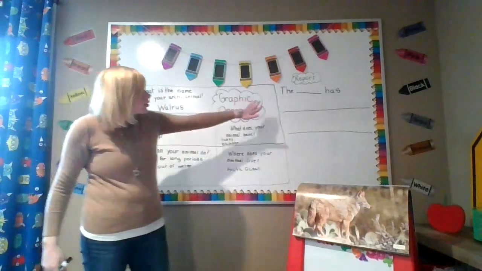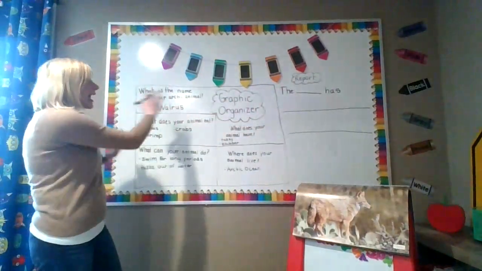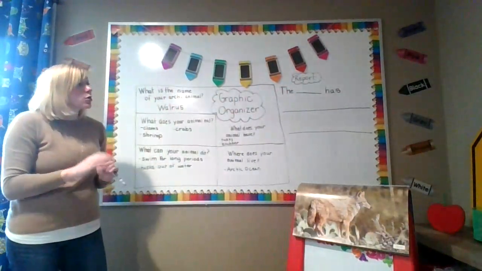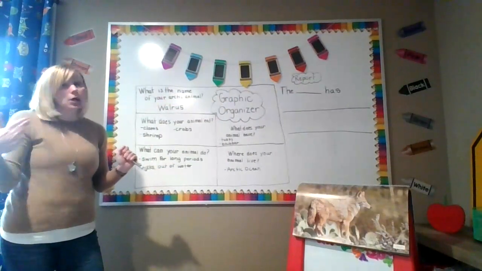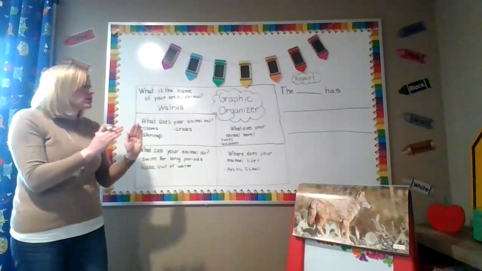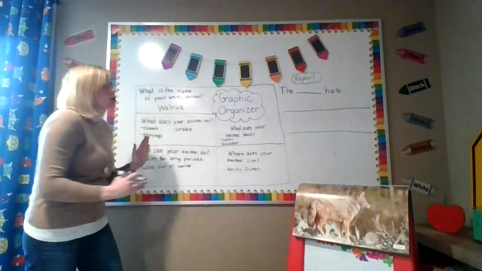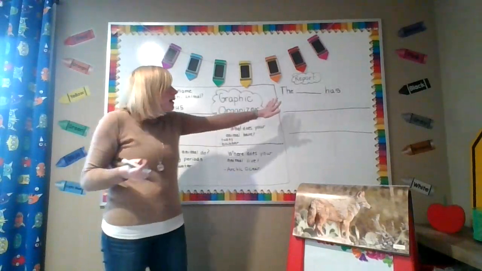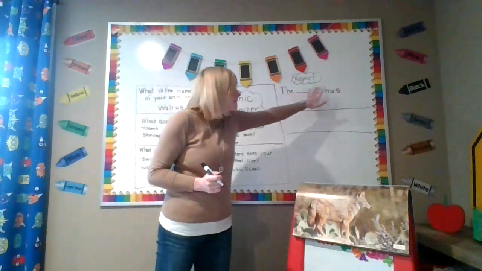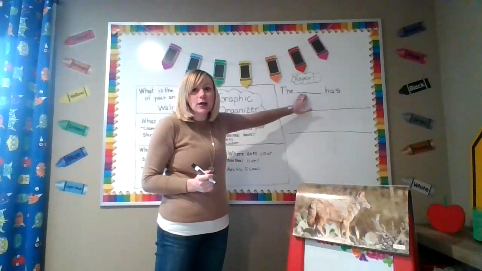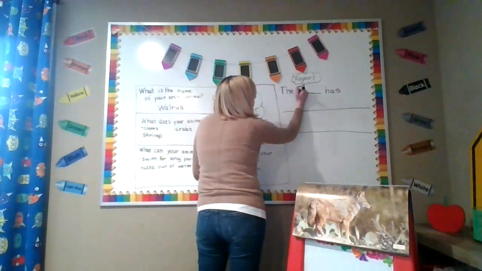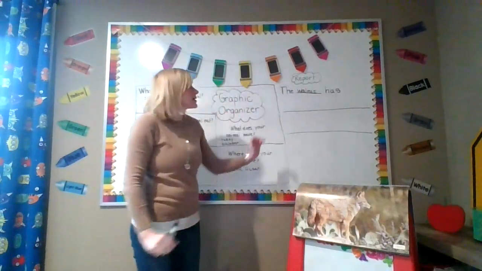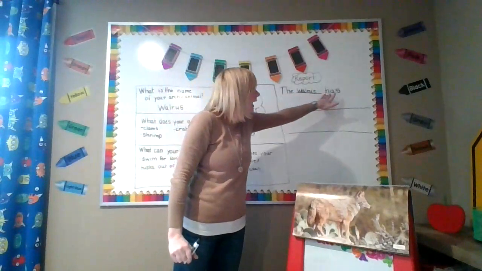So right here, boys and girls, I'm going to show you how to take your ideas and turn them into full sentences for your report. So if you look in the next part of your packet for tomorrow, the section is to take the ideas on your graphic organizer and turn them into a book report about your Arctic animal. So one of the pages in your report says, the blank has. On this line right here, I'm going to write my animal. So I'm going to write the walrus. Let's read this sentence. The walrus has